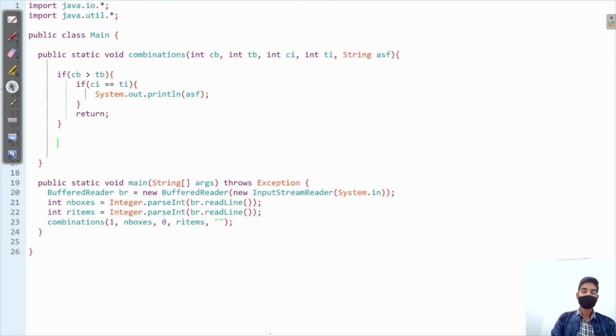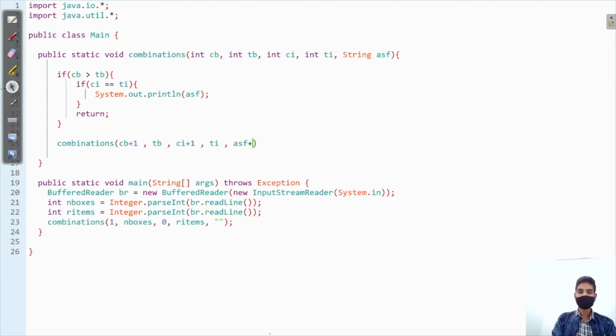Easy. And what are the two possible ways? Two possible ways are whether I will put or I will not put. In both cases, I will move to my further boxes, just exactly like combinations. Current block plus 1, that means I will move to further boxes, whatever choice I make. Total blocks will remain the same. Current item plus 1, that means I am placing my item. Total item will remain the same.